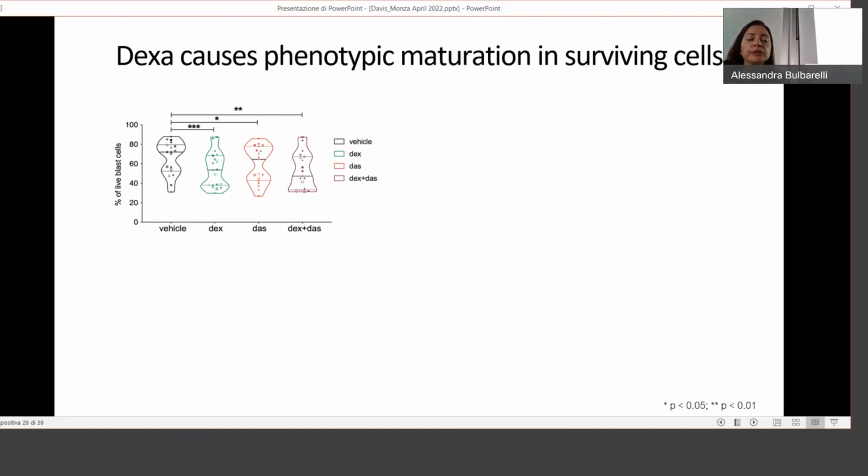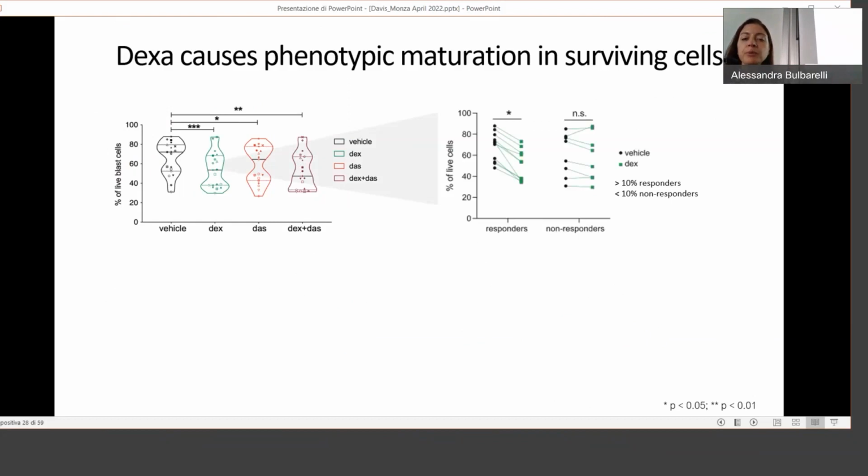So when we started to look now in the patient samples, what were the hallmarks of the surviving cells? We could see that initially, in all the patient samples, dexamethasone in general causes a decrease in viability. Dasatinib does, but not to the same extent. And the addition of dasatinib also killed cells, but it wasn't really amazing after 48 hours in these primary samples. But what we did notice was that, again, not every patient had cell death. And in fact, there were some patients who pretty much had the same levels after dexamethasone treatment of surviving cells.